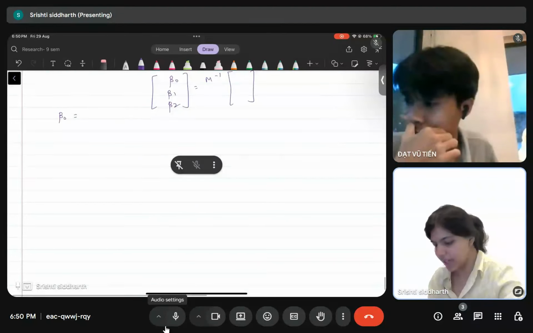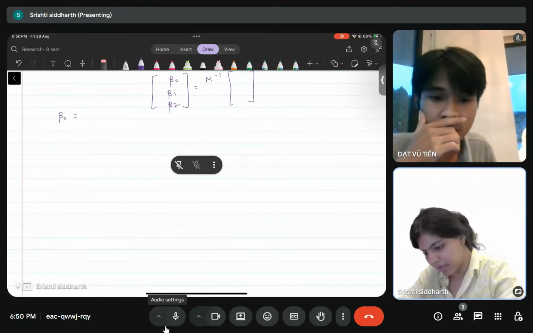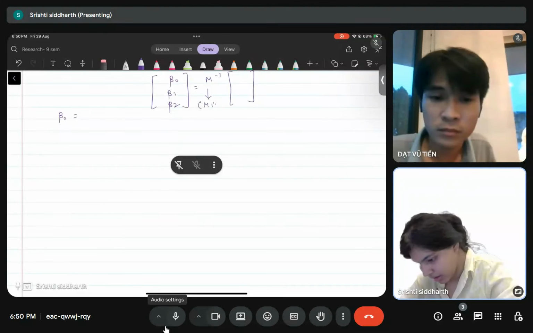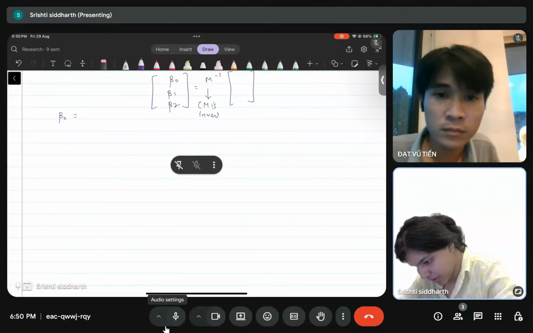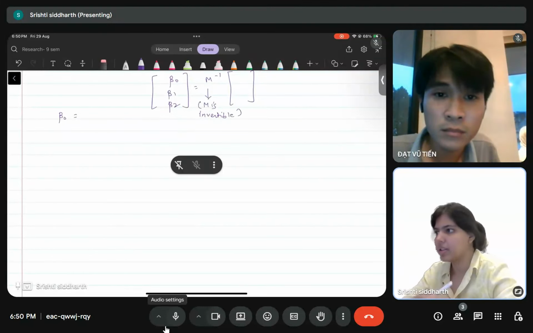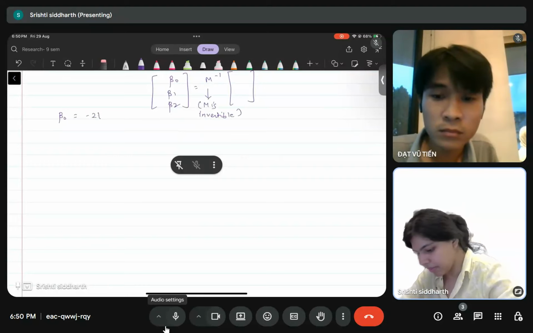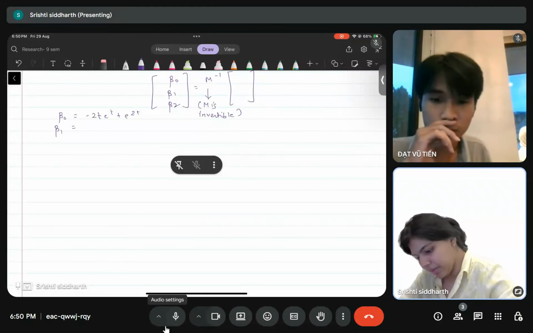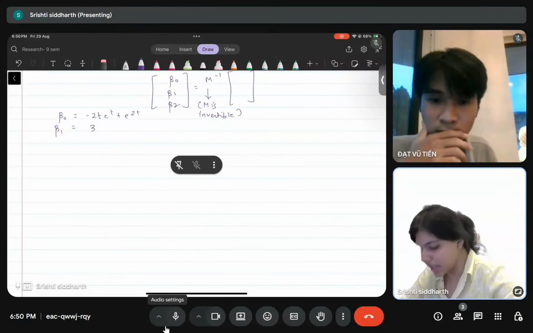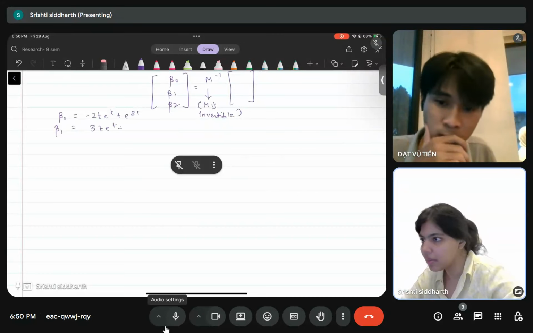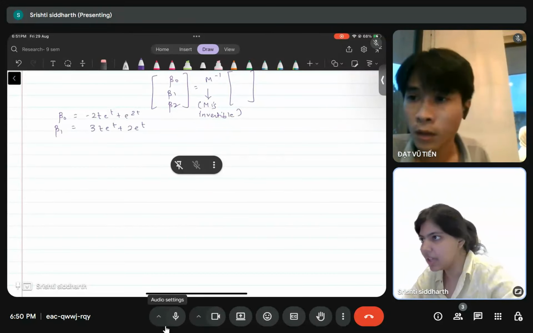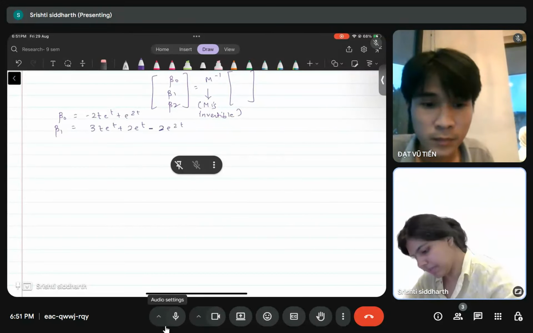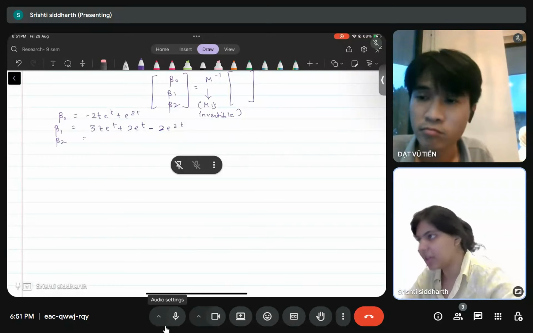I'll just write this down directly. M is invertible in this case, so there is a unique solution. Beta 0 is minus 2 to the power t plus e to the power 2t. Beta 1 is 3 e to the power t plus 2 to the power t minus 2 to the power t. Finally, beta 2 is